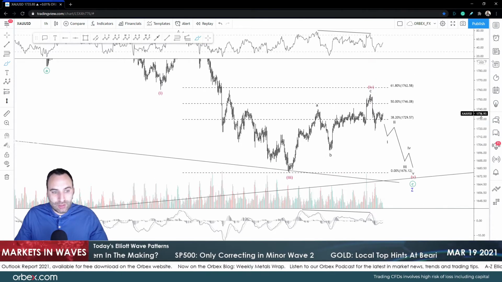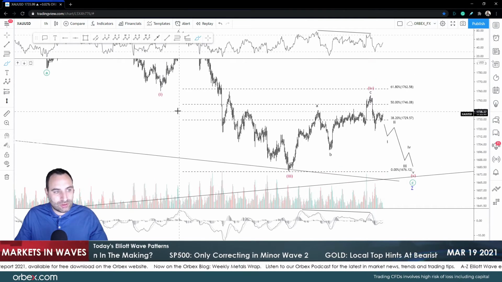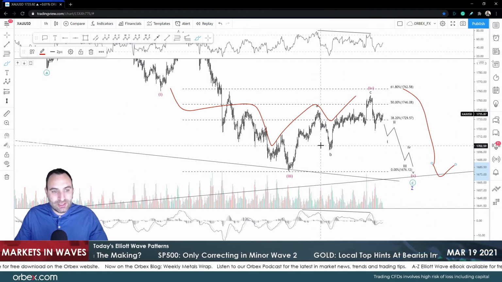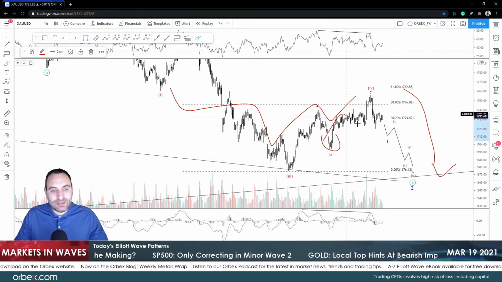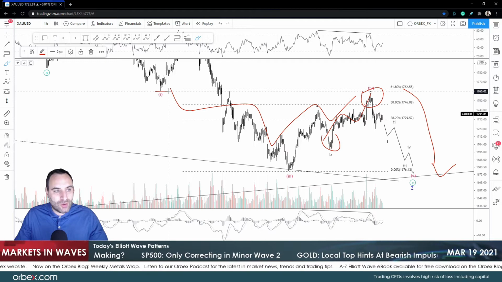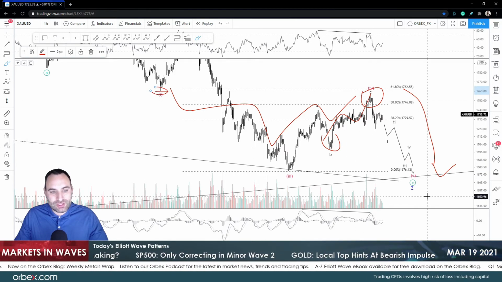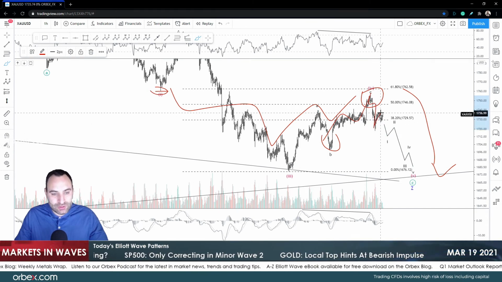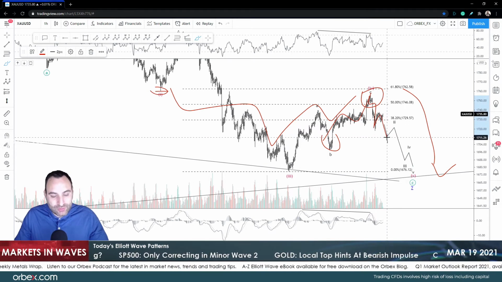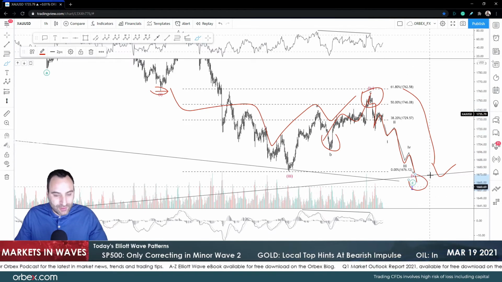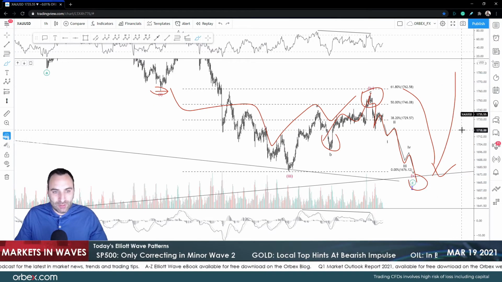Now, about gold, guys. I've told you that I've been expecting this to have another leg down, and I still expect that to be the case. Last week we were down here or so, and I said that I want to see a fresh high that is going to end below the previous one in order to consider this still as an impulse bearish move. So we've got 1, 2, 3, 4 over here, and I'm expecting a 5th wave to complete this sub-minute wave 1. Then we're going to get 2, 3, 4, and 5, where I'm expecting to see a fresh low and then a reversal to the upside.